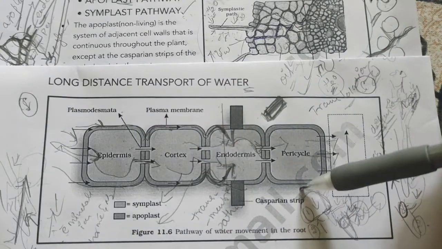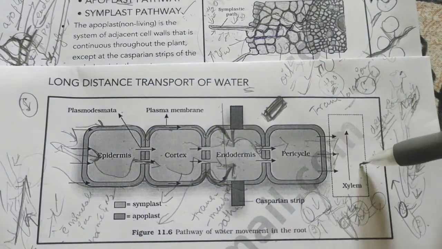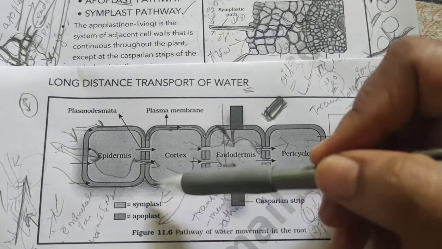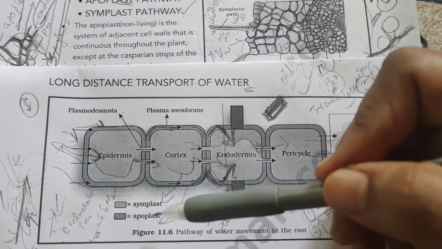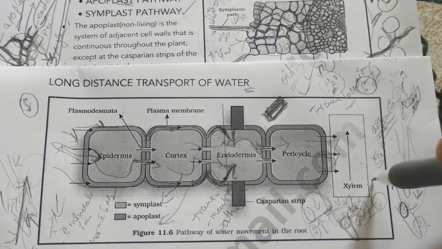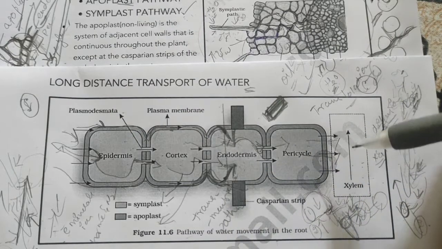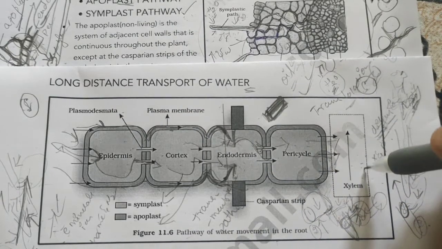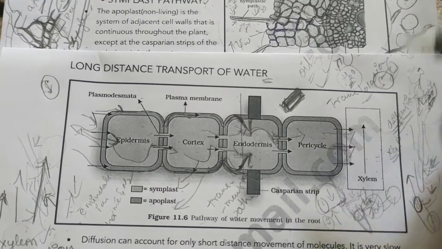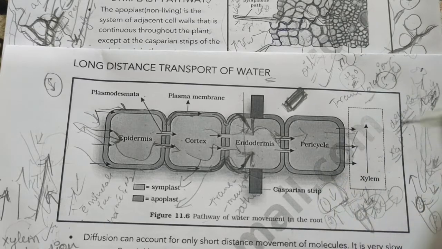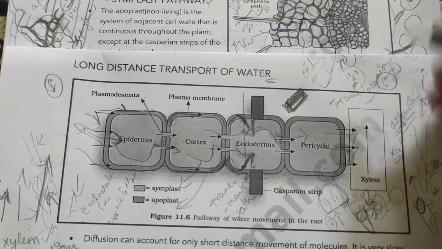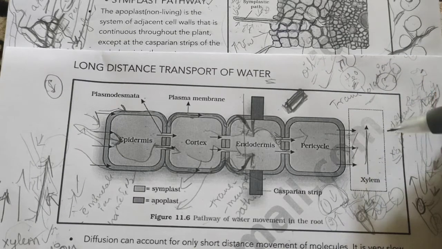So in absorption of water, this absorbed water will reach the xylem in two different pathways. One is symplast and the other one is apoplast. So we have discussed the symplast as well as apoplast, which is very, very important. And as soon as the water reaches the xylem either by symplast or apoplast, now this water has to be transported to various other parts throughout the length of the plant body. There we will be studying the second step in the long distance transport of water, that is the upward movement of water.